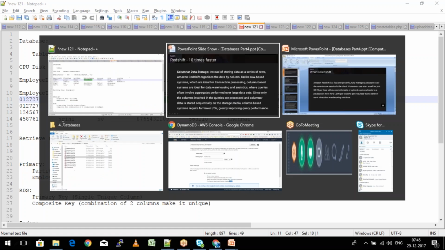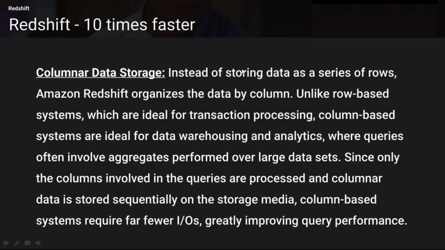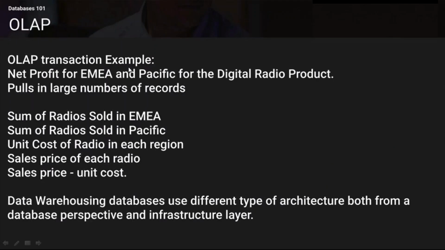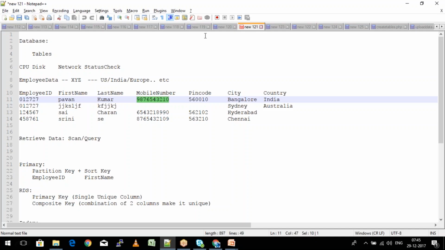Now why do we use column base here? Because in Redshift, if you look at the example, I have to calculate the number of radios sold in EMEA and the number of radios sold in Pacific. If I have a table here, it's unnecessary that I go into each of these rows, right? I straight away want to get an answer. Let's say this is a table for the EMEA region, and similarly I have a different table for the Pacific region.